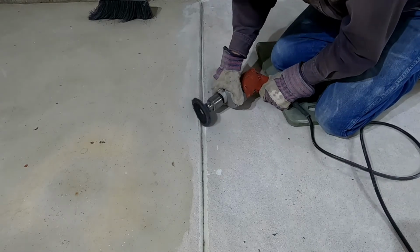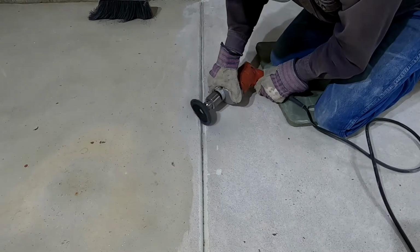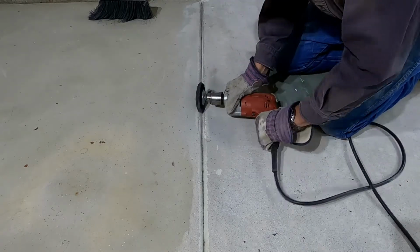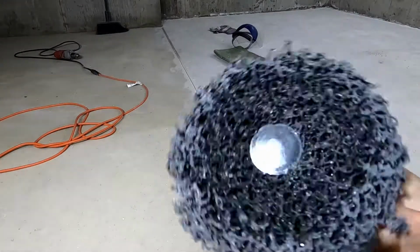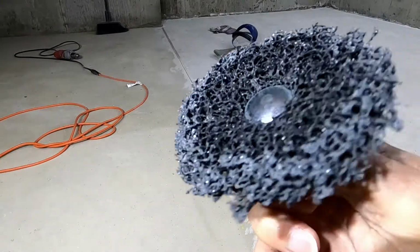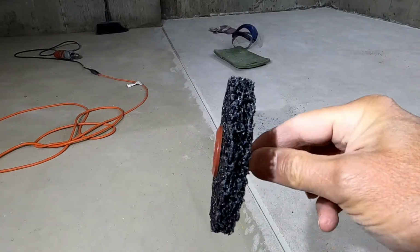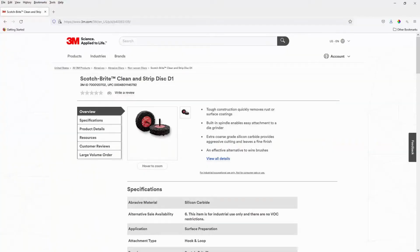So this method is actually working pretty well, but as you can see, I'm wearing through this disc fairly quickly, so I gotta track down some more. Turns out this is called a 3M Clean and Strip, and I found some replacements, and I think this is the same product. This was considered a D1,